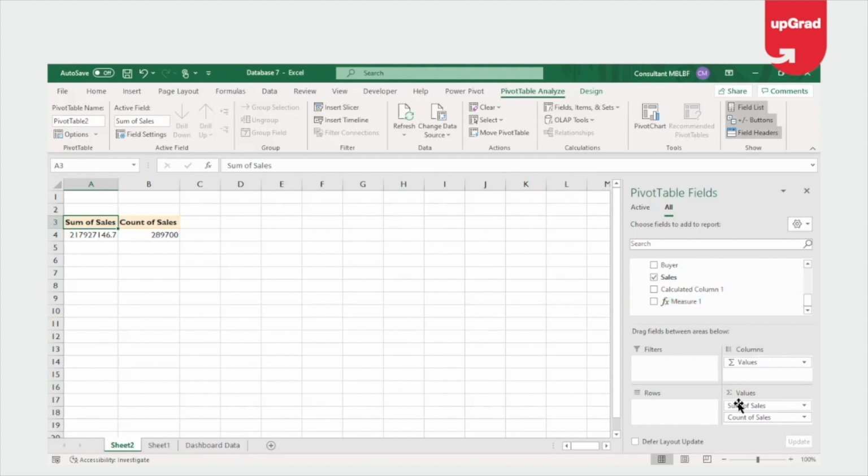So again, repeating, this is where you just drag and drop, that is called your implicit measure. The one that you create or do the calculations, that is called your explicit measure. Explicit measures have more options where you can do multiple calculations inside that, advanced calculations. Any other functions that you want to perform inside the measure can be done using the Power Pivot method, and that is called the explicit measures, and can be used in any of your pivot tables that you create. But for the implicit measure, you have to keep repeating, creating those particular measures.